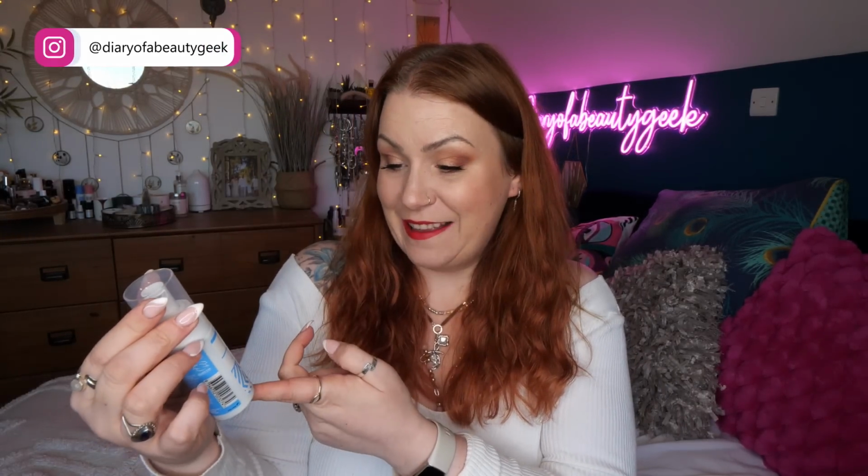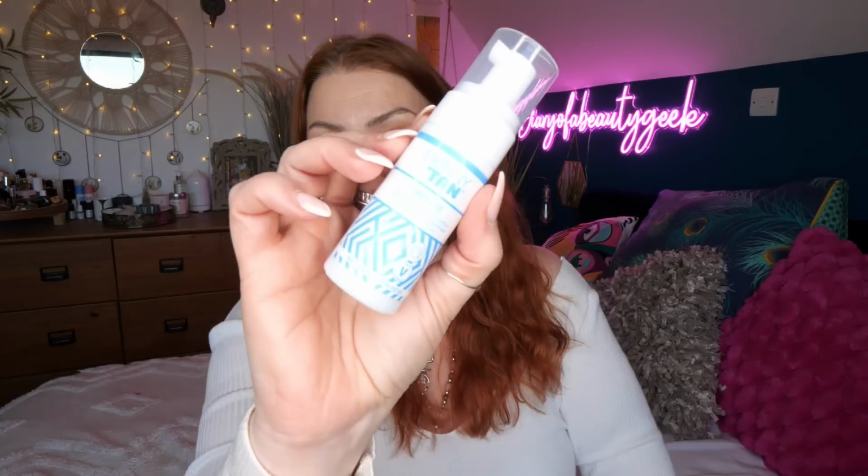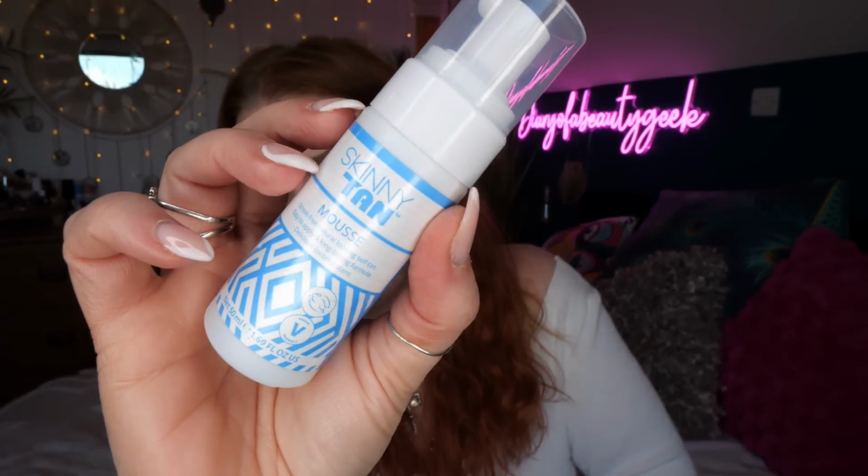Then I really like this Skinny Tan Mousse. This is a streak-free, natural-looking self-tan, easy to apply and long-lasting formula, delicious coconut scent. And there's 50 mils here. I love the size of this because